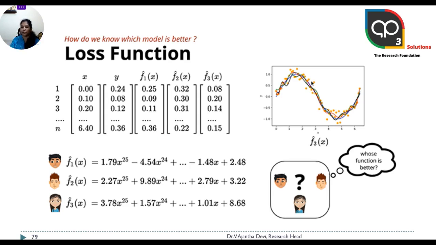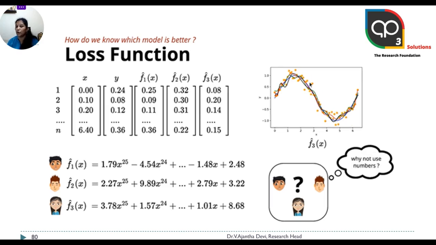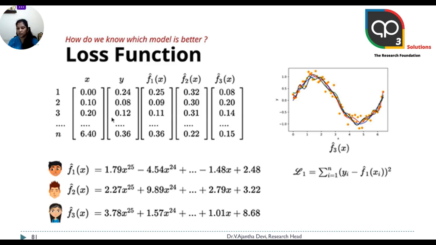So I can't say for sure which of these is best. But what I could do is, instead of looking at the curves, look at some numbers. So what are these numbers that I want to look at? As I know, this is a true output for a given x. I know what the y is,